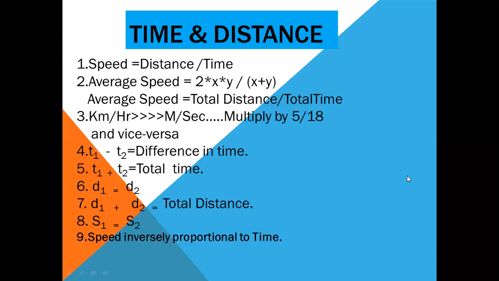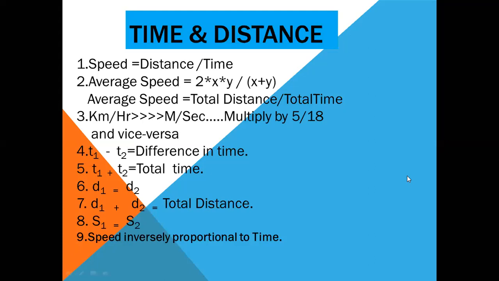This is the most important formula, and you use this formula whenever the distance is given to be the same, or you can assume the distance to be the same. Let us say you are going from home to university and coming back from university to home. If while going your speed is 60 km per hour and while coming back your speed is 40 km per hour, then your average speed would be 2 multiplied by 60 multiplied by 40 divided by 100. If you solve that, you will get 48 km per hour.